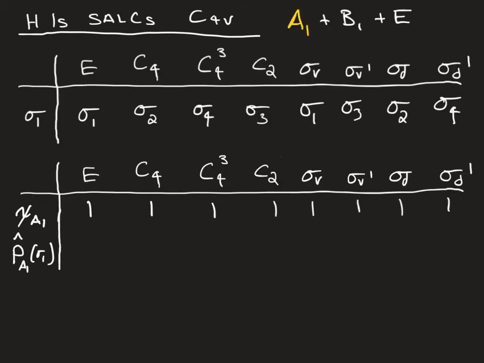We're now going to go through and finish the projection for the various irreducible representations that made up the reducible representation of the 4 hydrogen 1s SALCs. We're going to start with A1, just multiplying the basis function sigma 1 through by the characters for each operation. And remember, the character for each element in a class is going to be the same for that given irreducible rep. For the totally symmetric representations, these are all 1. So when we go through and multiply through, you get a sigma 1 plus sigma 2, sigma 4, sigma 3,